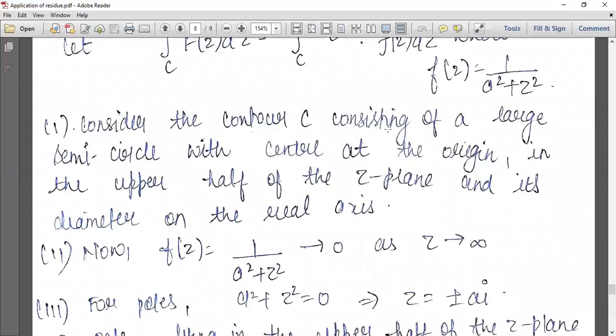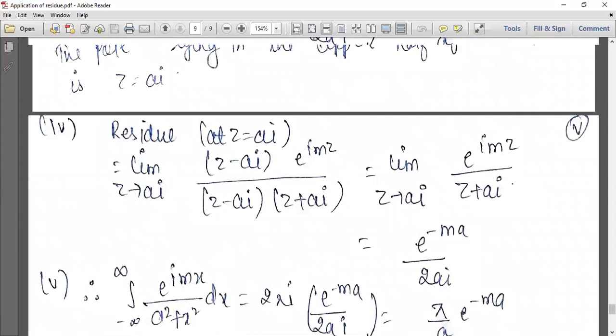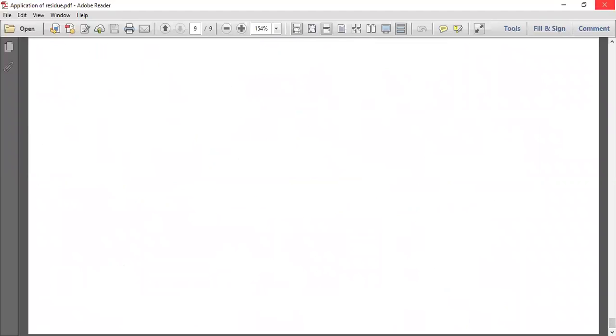So here also my contour is the same as in type second, which is a large semicircle with center at the origin in the upper half of the z plane and its diameter on the real axis. So the first part is the same. Now in the second part I will check whether